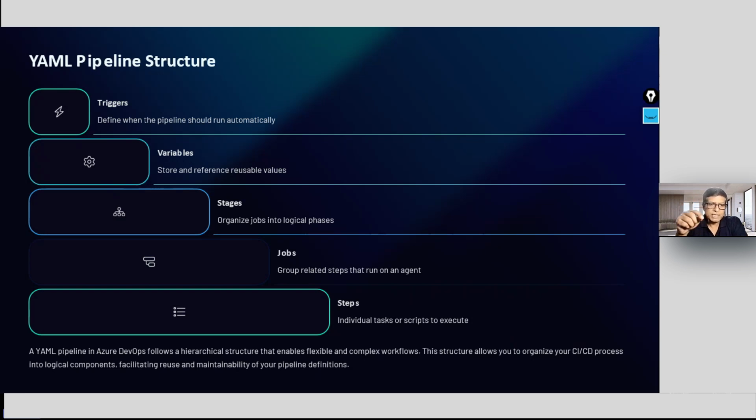So pipeline as code, like you have infrastructure as code, you can code your infrastructure through Terraform. You are creating a server, that is an infrastructure. You are creating a development server, a production server, a pre-production server. These are called infrastructure.